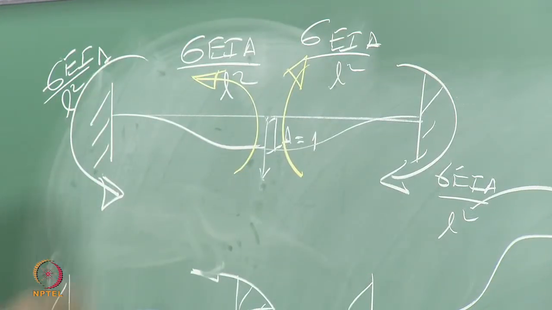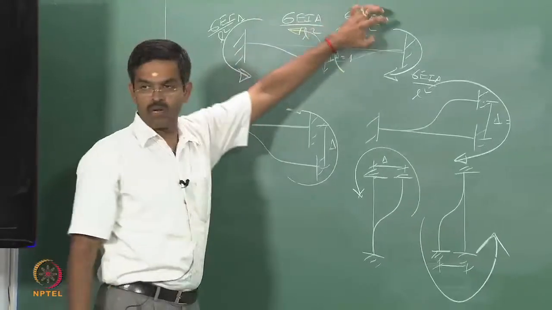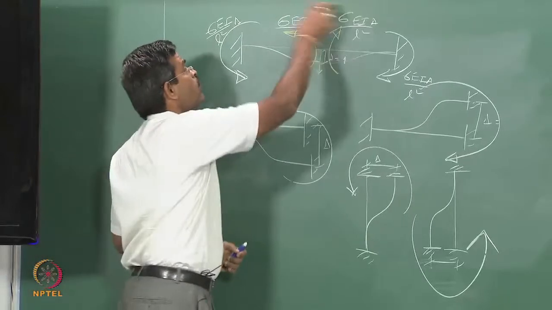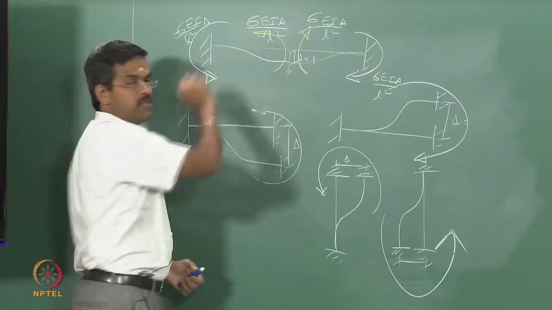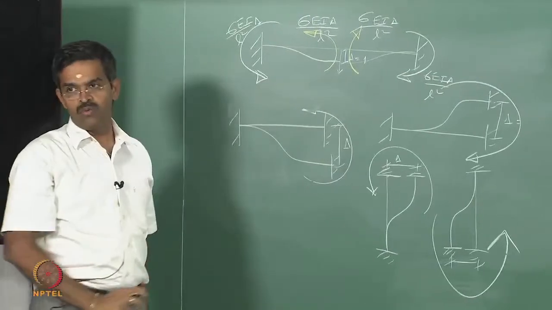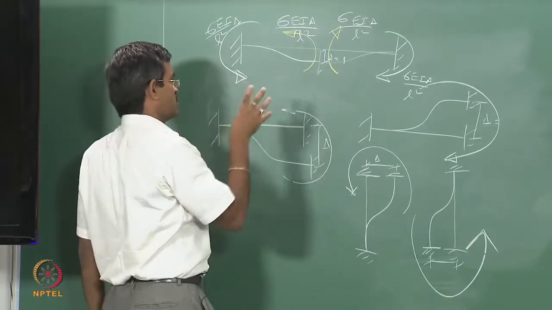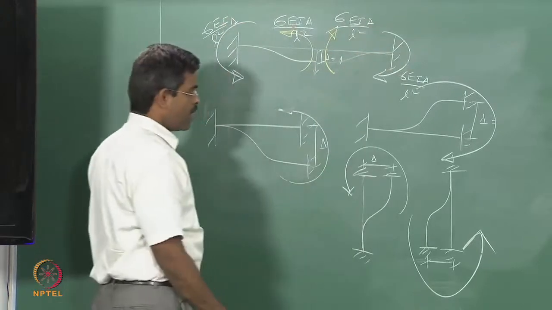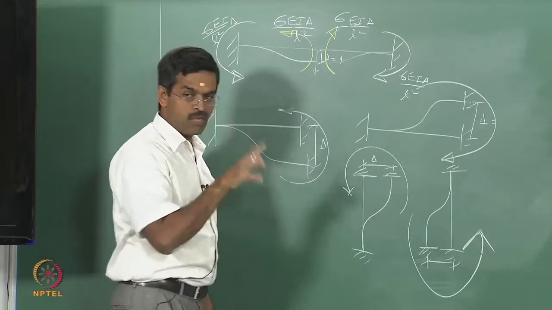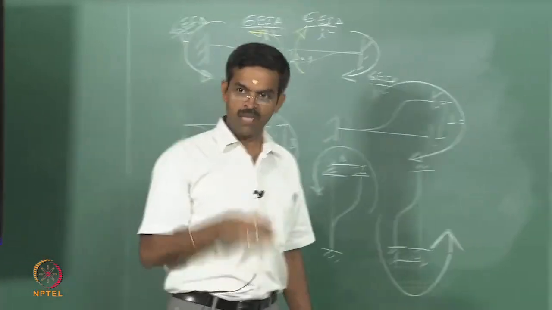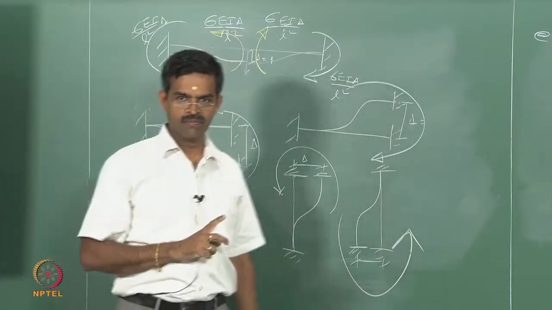Now, unfortunately, L are different, L by 2, L by 2, I's are also different. Therefore, these values are not going to be the same. These are generic equations if you give displacement of delta and if the base length is L and this member has I. Now, in our case it is not so. Okay, we will continue this in the next class to explain what would be the moments actually caused at each section. Then how do you do a moment distribution for them, and from the moment distribution table how do you get an equivalent stiffness, and then from the equivalent stiffness and mass how do you get the frequency of vibration of this beam. Okay, that is our focus.